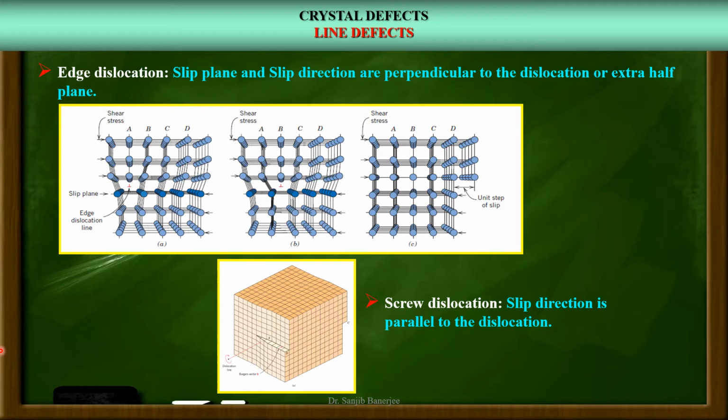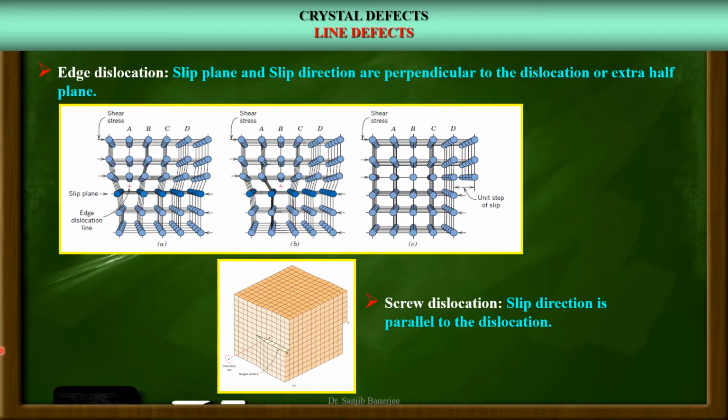Next we study about the line defects. Line defects are also called dislocations. It is a linear arrangement of atoms along which there is some imperfection in the bonding of the atoms. Most substances deform by the gliding of atomic planes. The plane and direction depend on the type of crystal structure. Calculations on the force required to cause such movements give results far above the experimentally determined values.